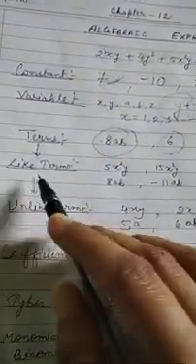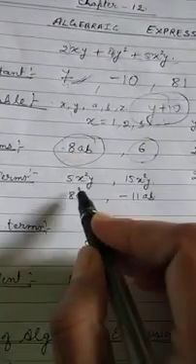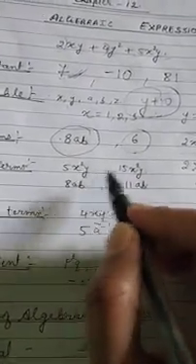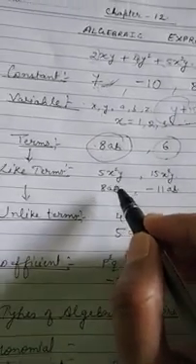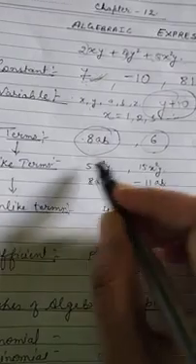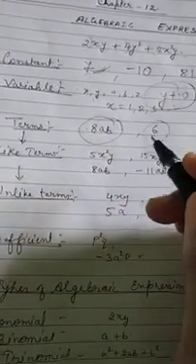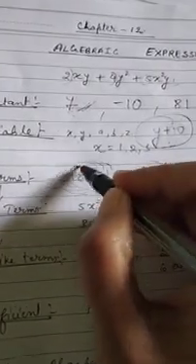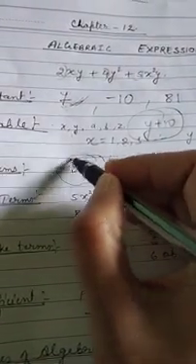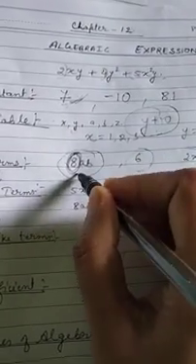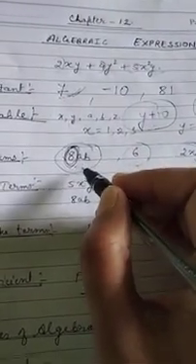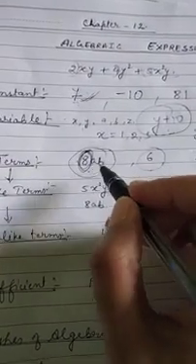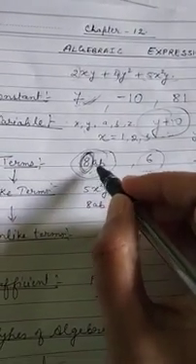Got it? Now in terms there are 2 types of term, like term and unlike term. So in algebra this is very important. What is like term and what is unlike term? It is very simple also, understand it. The terms having the same literal factor are called like terms. Literal factor means the variable only. A constant term is also called a numerical factor. And the variables are also known as literal factor. So variable we can say as literal factor, and constant we can say numerical factor.